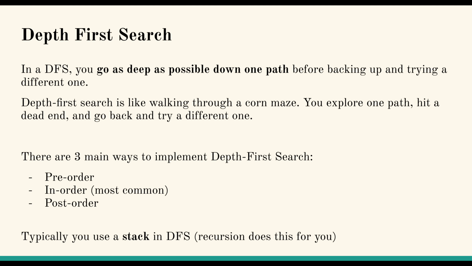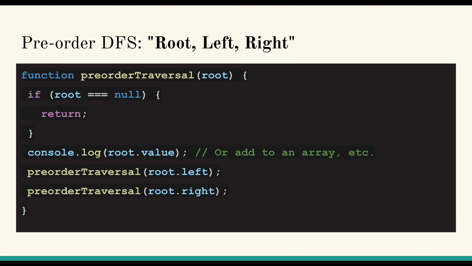Okay. So here we go. 3 main ways to implement depth first search. Pre-order. This looks at the root of the tree, looks at the root, then goes down everything to the left, then goes down everything to the right. So this is